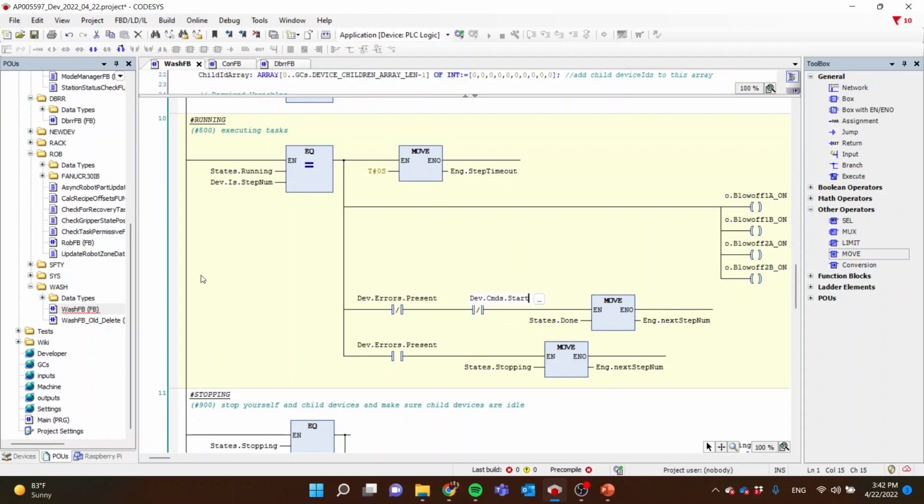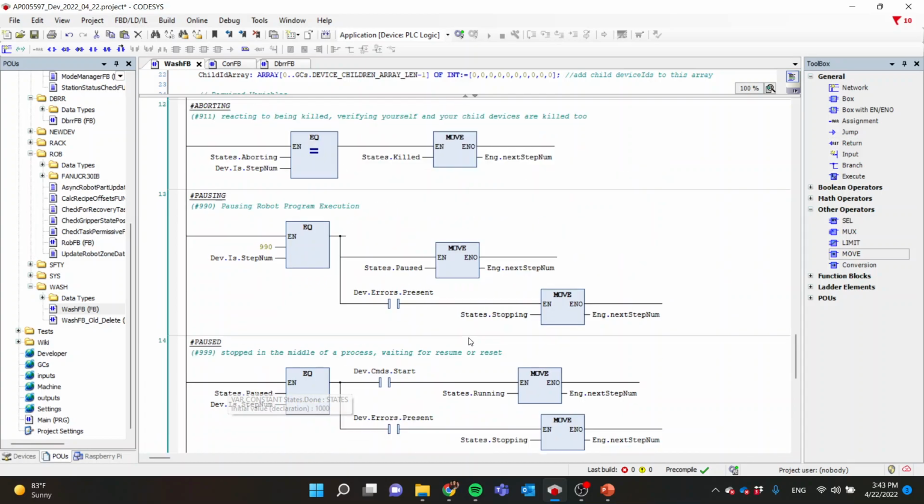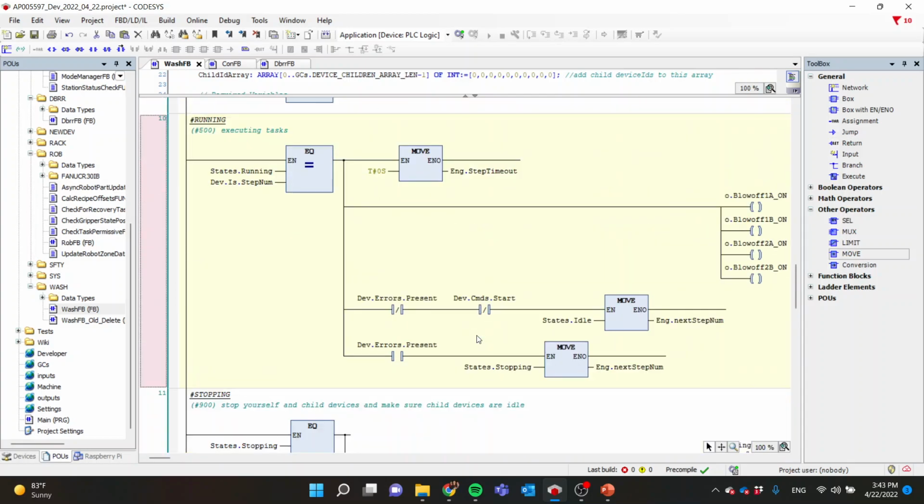dev.commands.start. So if someone's not wanting to run us anymore, then we'll just go back to, in this case, let's actually just go to idle. So really, we're not ever going to done. We're not really ever doing anything worth going to done for. So in this case, we're just turning these on and off. I think I actually did say we were going to go to stopping. So let me do that instead. So for stopping,